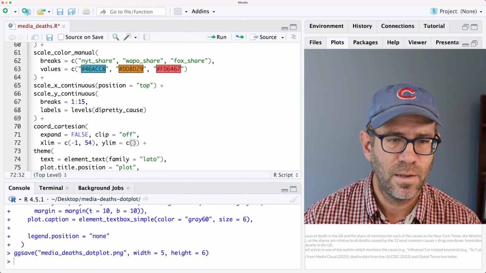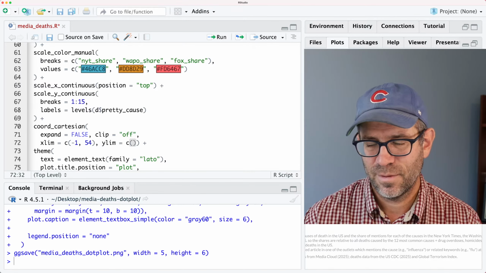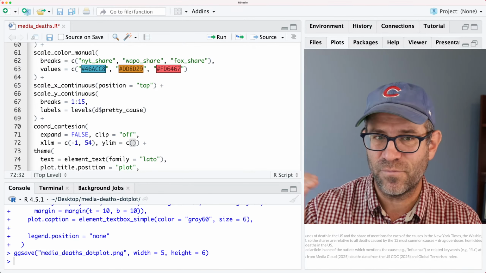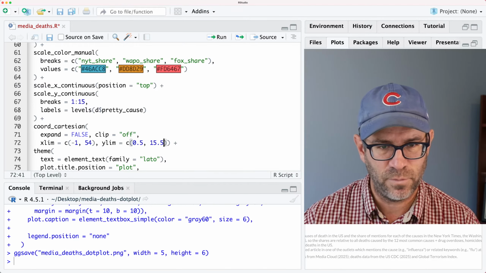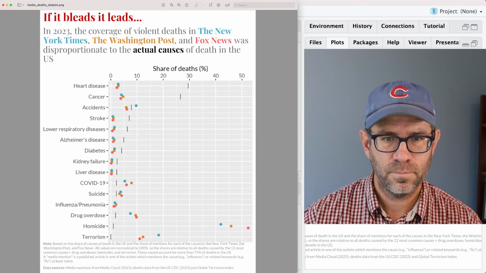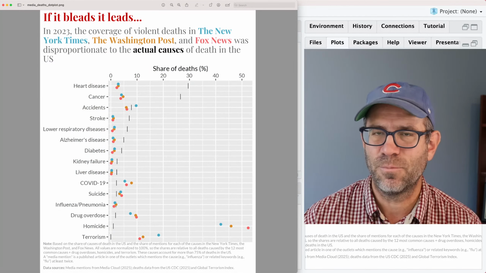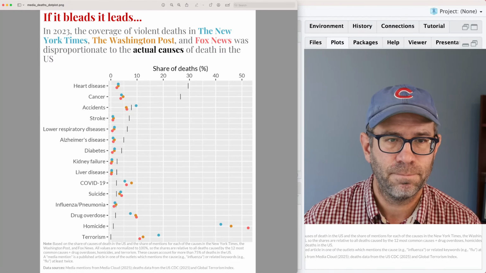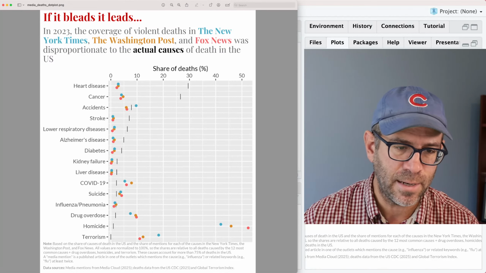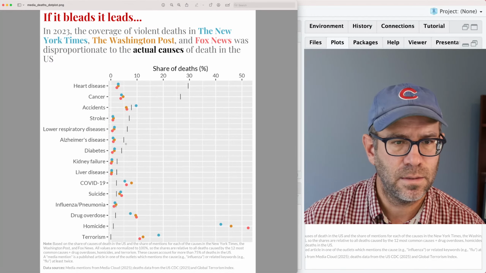So by default, it's like 0.5 to 15.5, I think. So if I do 0.5 to 15.5, or maybe it was like 15.4, right? But I think that's a pretty good amount of padding around the data. Okay, and